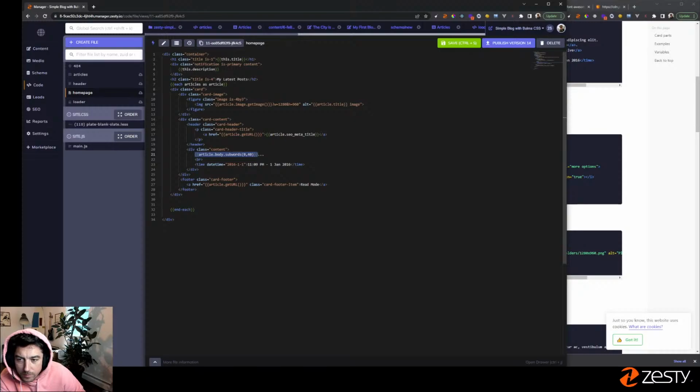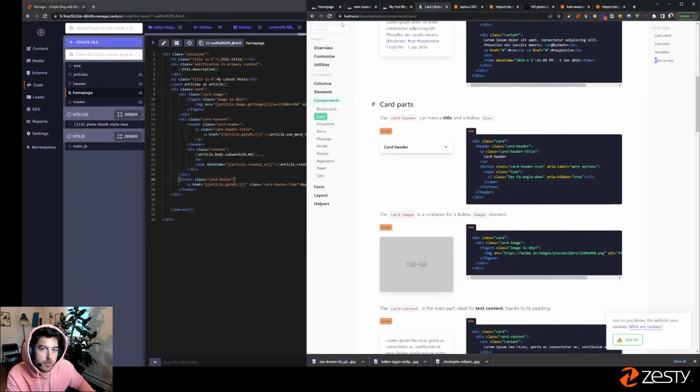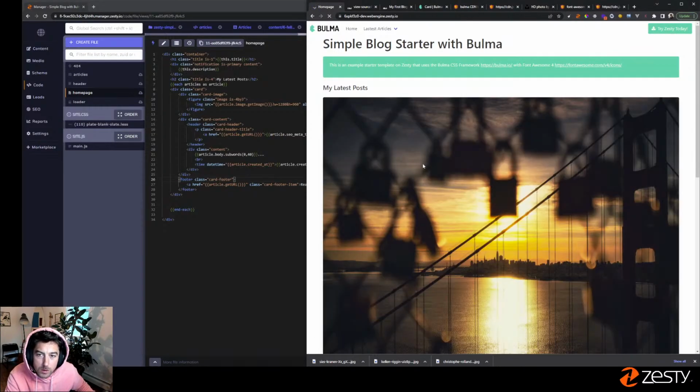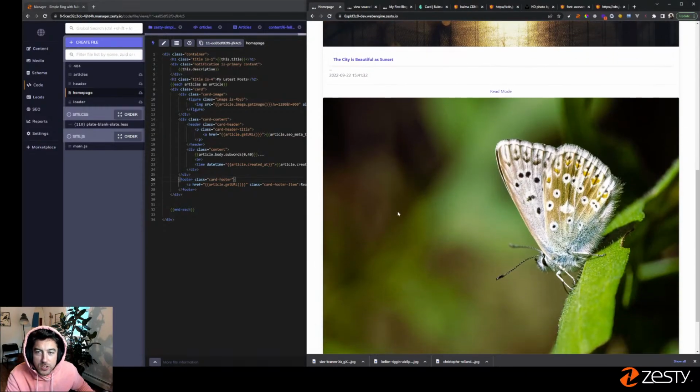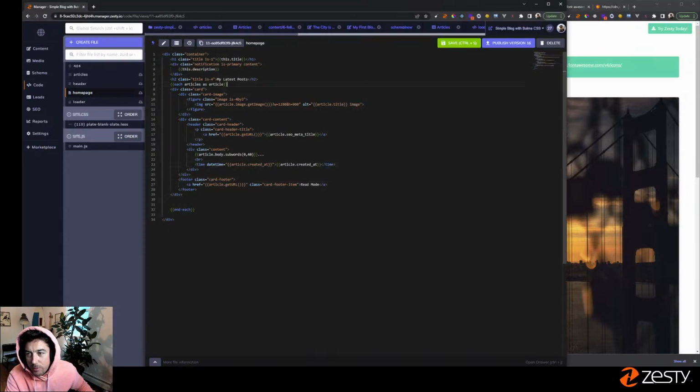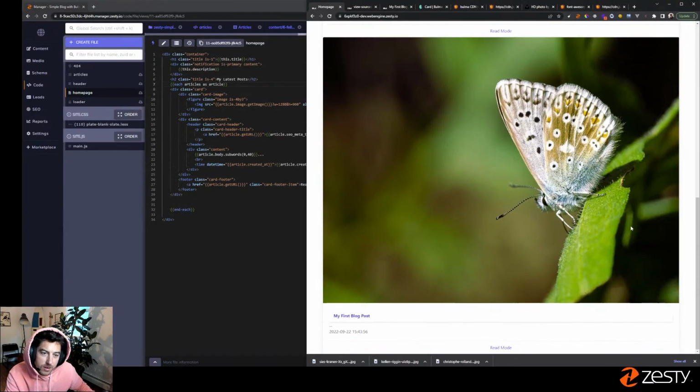Let's see, like this, and article dot, I'm going to say it's created. Cool, save, and that's the card inside the each. Let's see what happens. Beautiful, giant cards. So Bulma has, so it looks like the card came out the way we wanted it to,